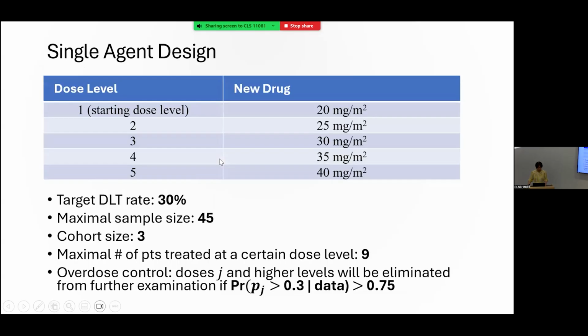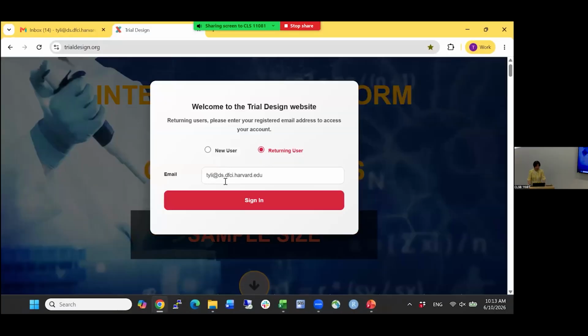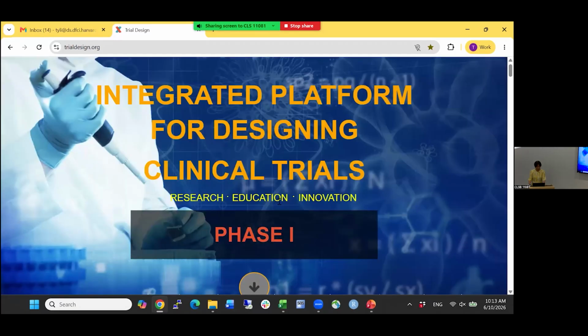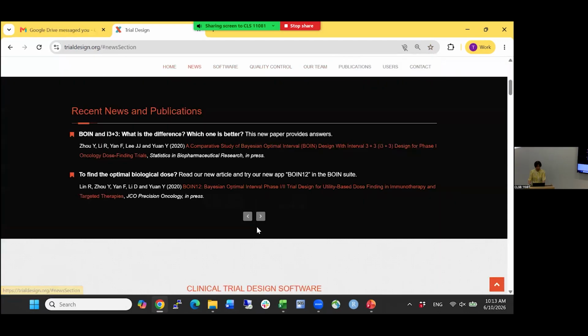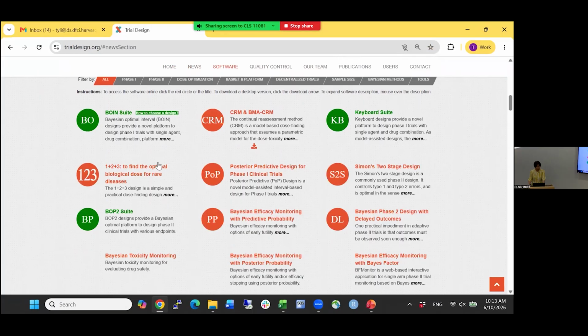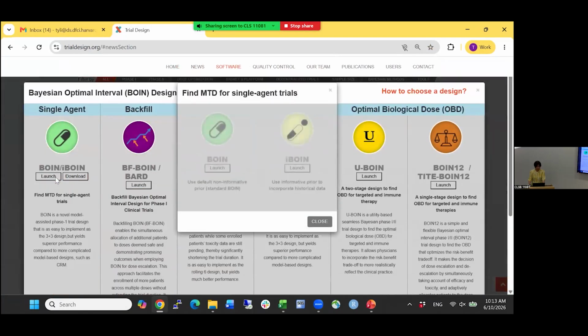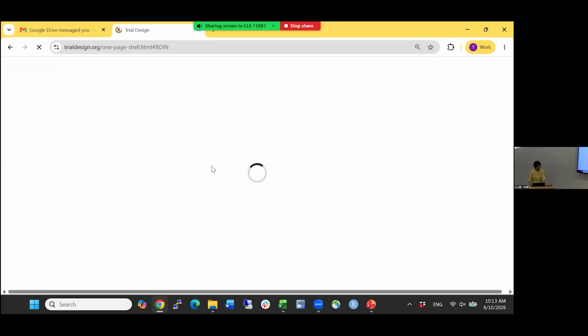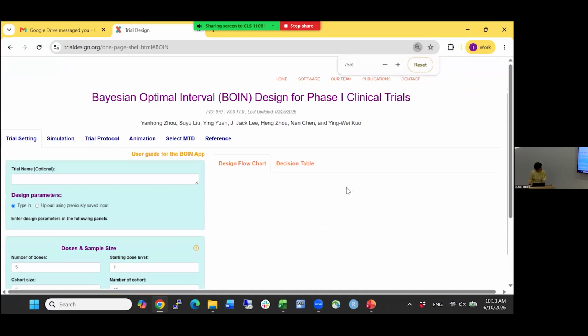So first I will show you this website. Here is trialdesign.org. It needs registration, but you just simply give the email. No password is needed. For phase one, we can click here. Here is the BOIN suite. That's the BOIN design we need. It launches here. So that's the layout of the